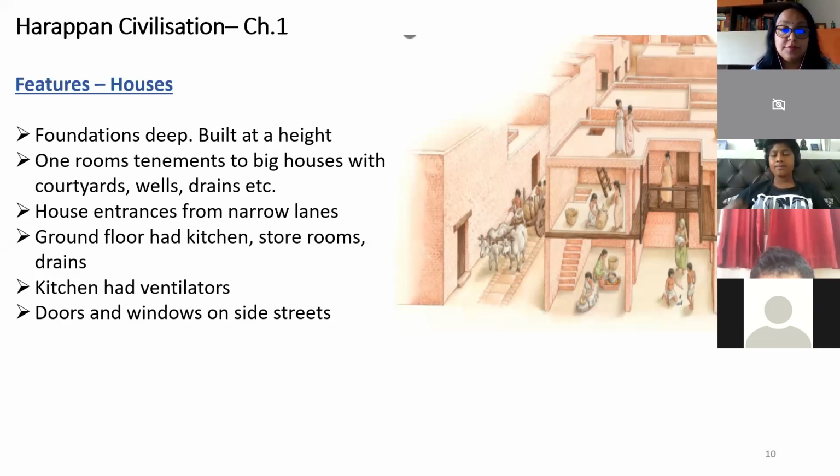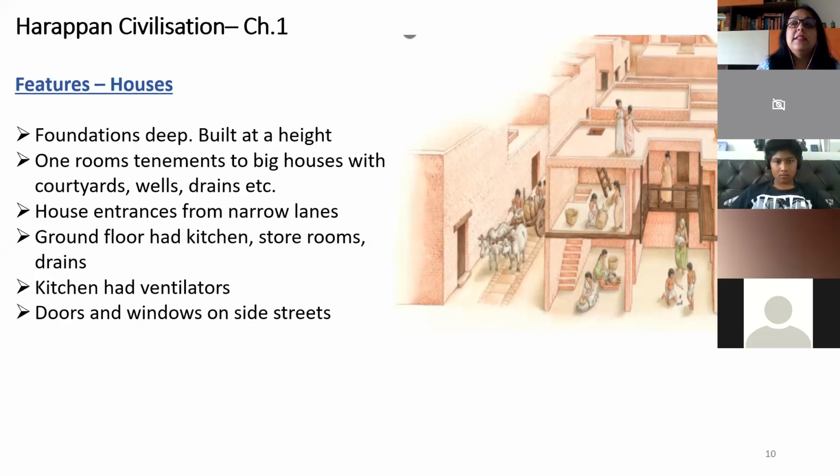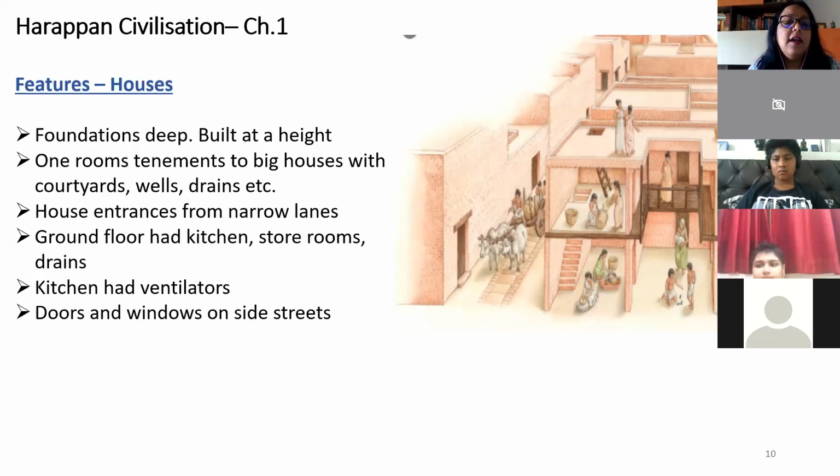Sunlight kills all the germs. Fresh air is very important. There should be free flowing air. Then in such a house, people will not fall sick. That is why they took care that in the kitchen, where all the food stuff is, there will be a lot of small creatures, worms, ants, everything will come because there is food there. That is why they made sure that there are ventilators in the kitchen.